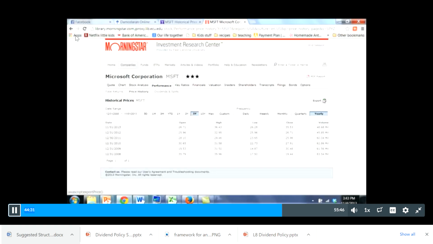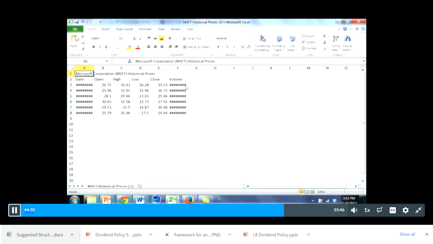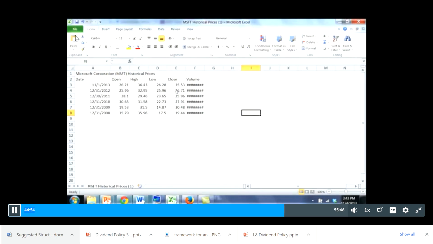But if you're lazy like me, you could export it, and you'll get this little CSV file. And why isn't it letting me open? Because it's already over here. And what am I doing, right? Because I'm actually probably putting myself to more trouble than if I just type these in, but